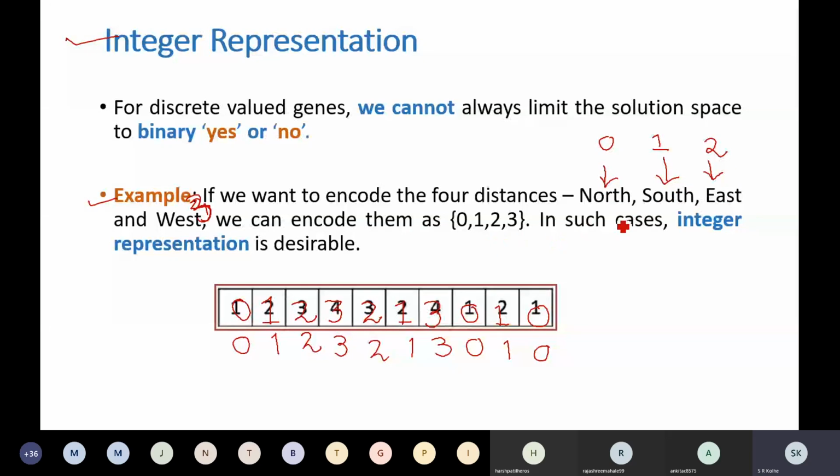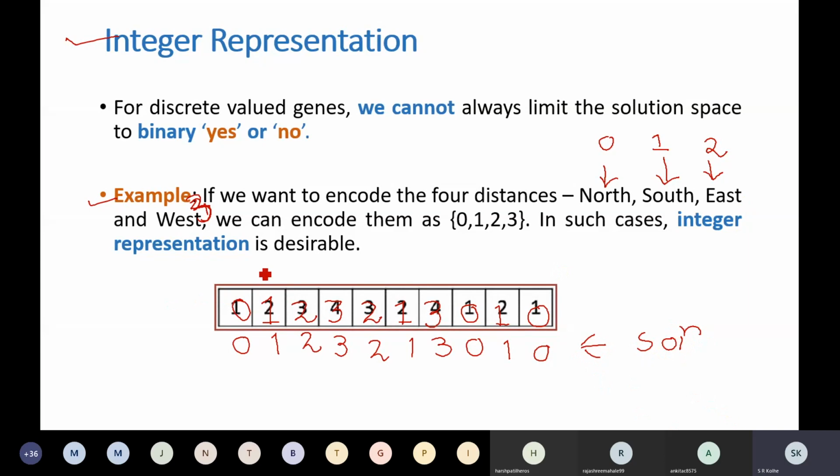So in such a case, integer representation will be desirable. What we will do, we will convert them into integers, and then we will represent that with the help of integers. So one of the ways to represent a solution will be like this. Such a representation is called as integer representation.